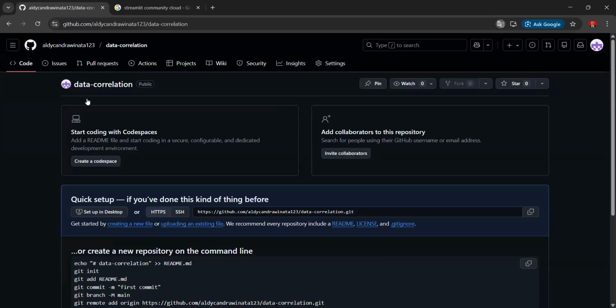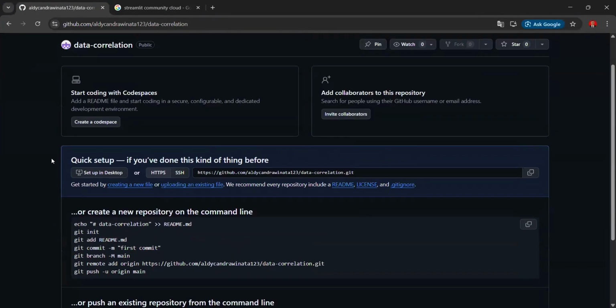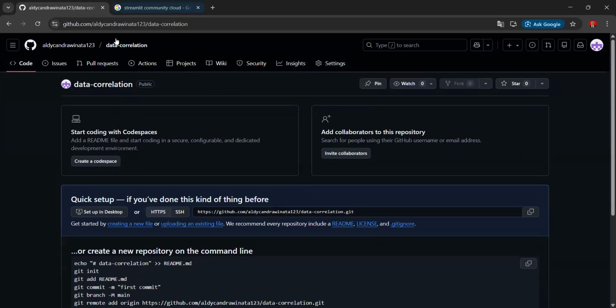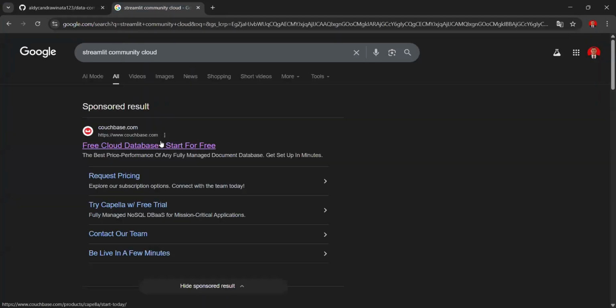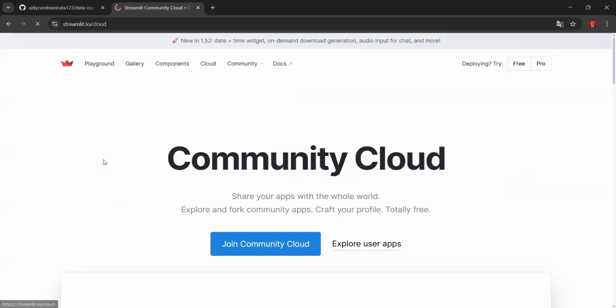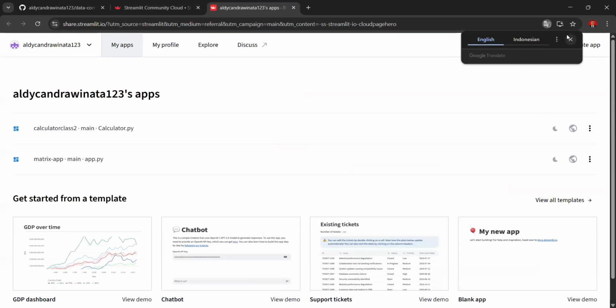Okay, this is our deployment on GitHub. And then the next is Streamlit. We use Streamlit Community Cloud. This is our web.